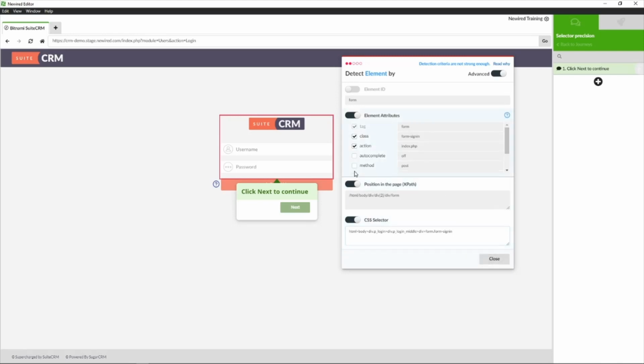We do have other kinds of elements or parameters